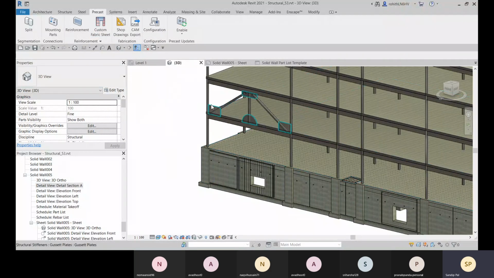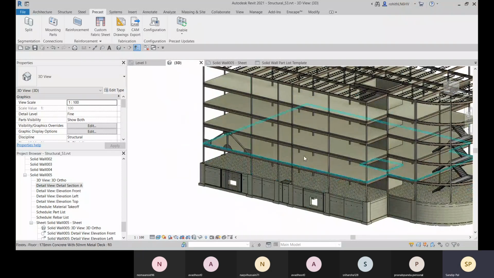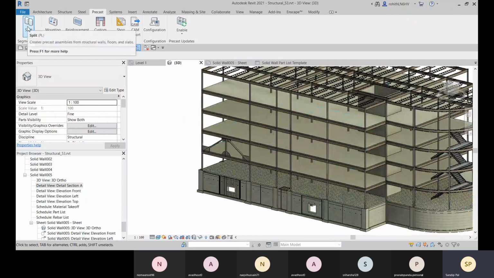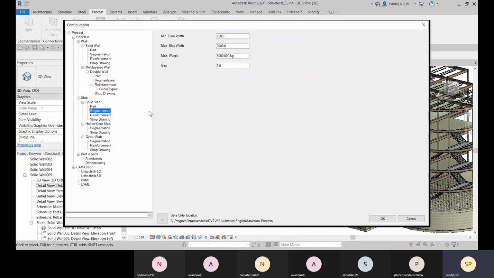Now let me create also for the slabs and floors. For that, I will go to the split. Before that, let me configure. I will create solid slab. For that, you can go to the segmentation and go for the minimum slab width. There you can mention the minimum slab width will be 1500 and the maximum slab width will be 3000. And for that, what will be the maximum weight?